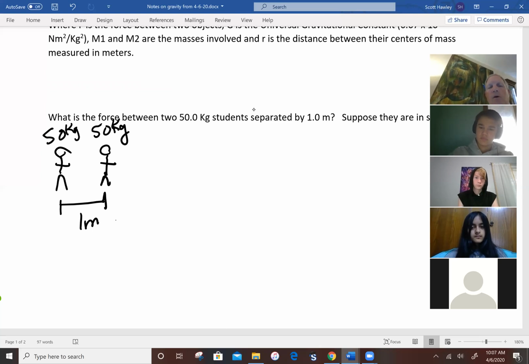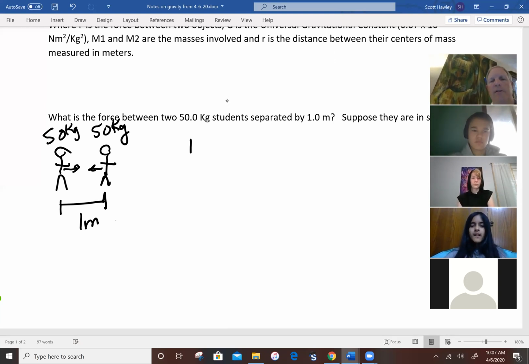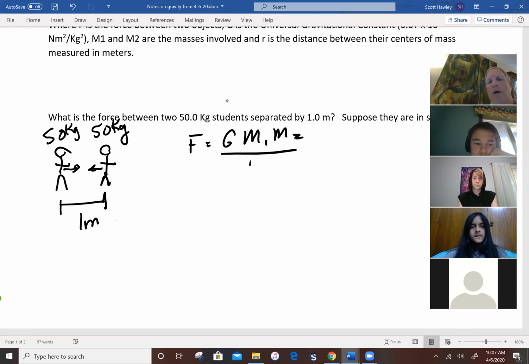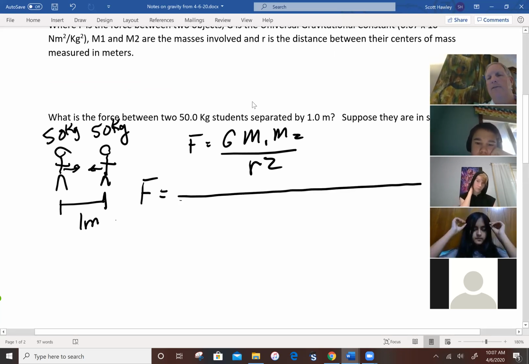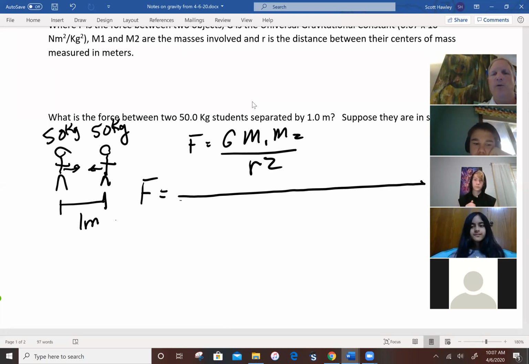All right? So there is going to be a force of attraction between both of them. They're going to be pulled towards each other. You can use this equation, F equals G M1 M2 over R squared, to figure this out. Remember what I told you about physics? When you learn about the equations, you can just plug numbers in and figure stuff out. So G is this universal gravitational constant. It's a really small number because gravity is pretty weak, 6.67 times 10 to the negative 11th.